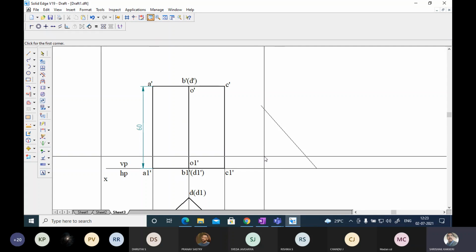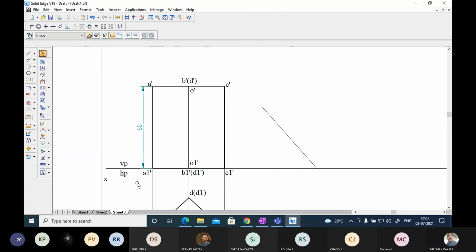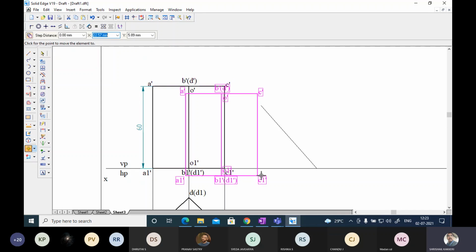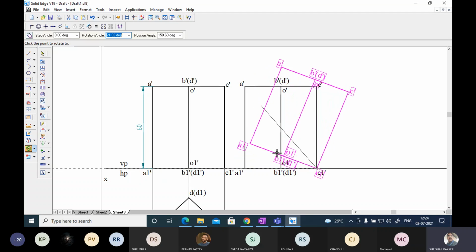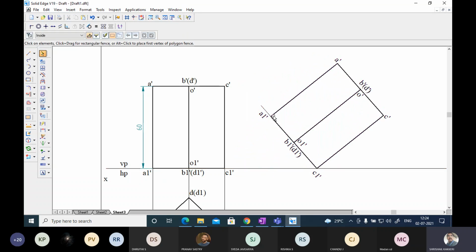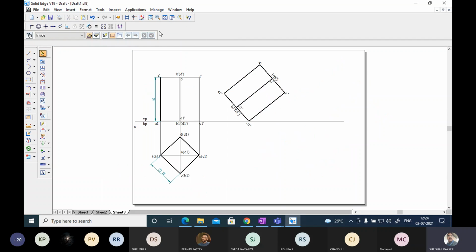Okay, so now I have taken this. Now select all these, excluding the dimensioning. I don't want dimensioning. You say move. I have planned to take this C at this point. Okay, and enter and rotate. I don't want to keep the original figure. Take this as a point of rotation. Any point on this must be on this. Okay, and after this you can remove this line. Okay, this is the position.